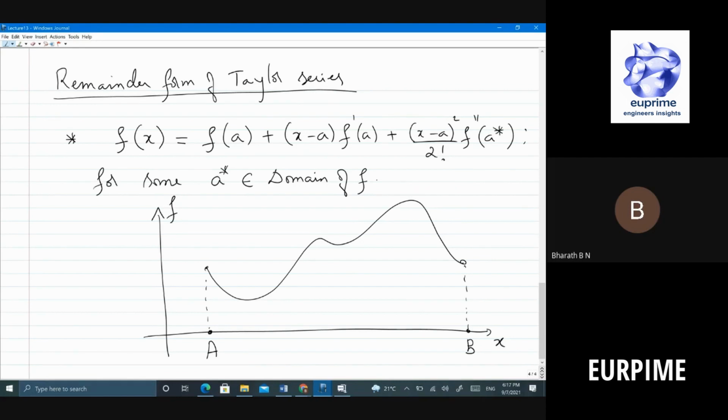So what is the domain of this function? Can somebody tell me? A to B, right? So now I want to look at a point, let's say somewhere here, okay? This is x. I want to see what is f of x, right? How do I write f of x? Well,